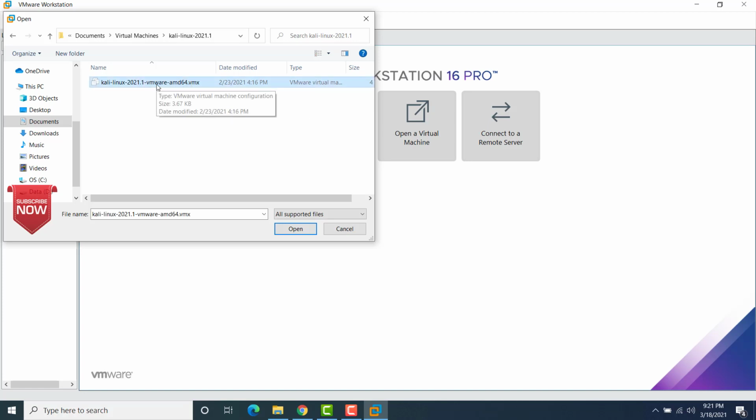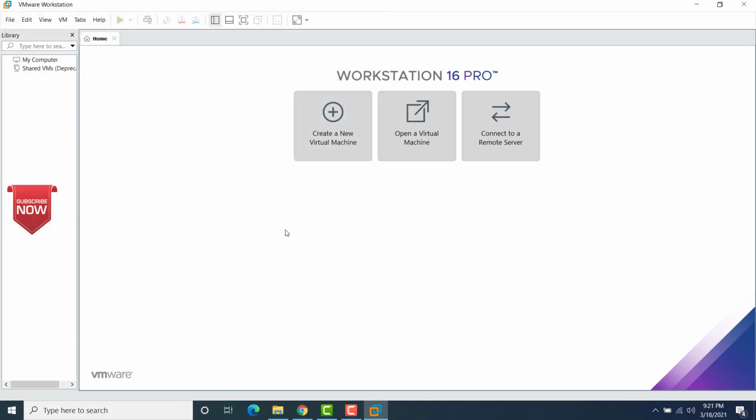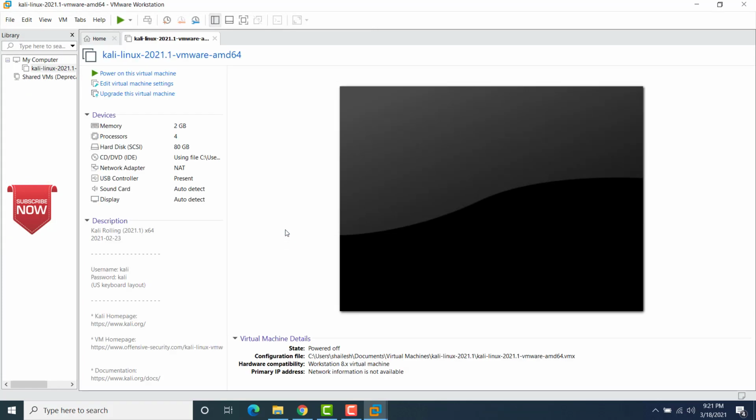You see it automatically shows it. Click on open. This will start loading the virtual machine. When you open this one, it gives us some instructions also, and the most important thing is that it gives you the default username and password, which is kali as the username and kali as the password.